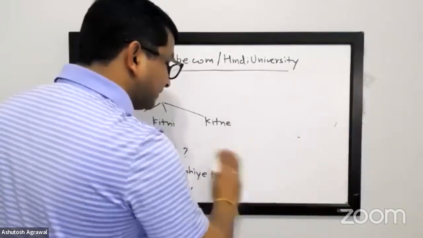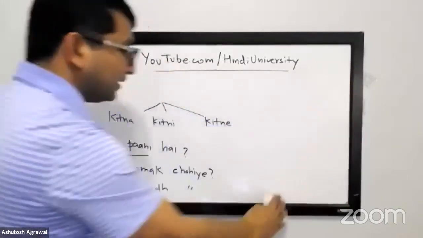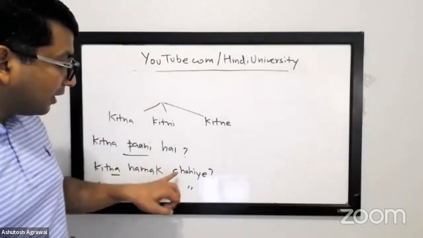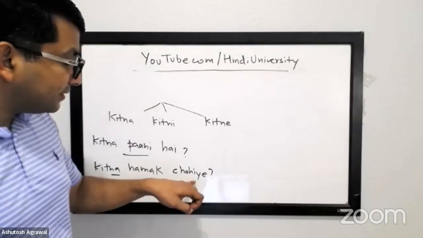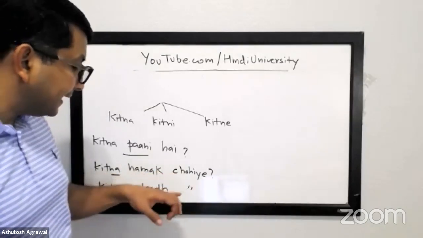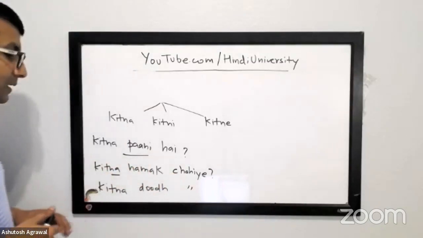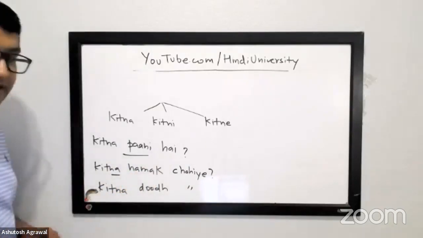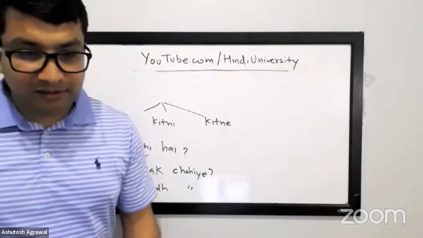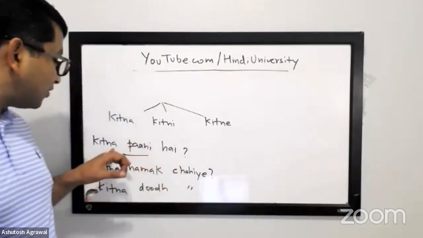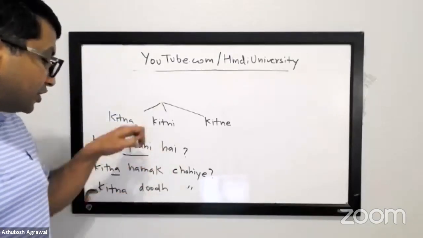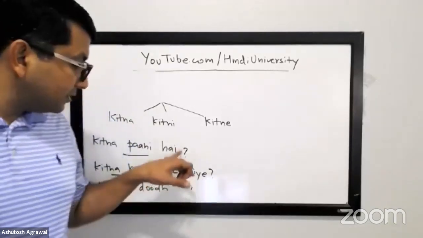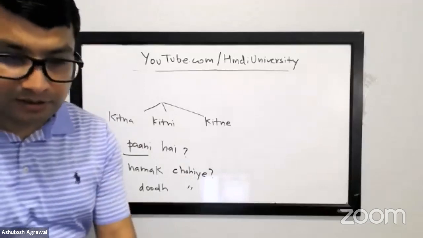You can type it. You can keep it simple. As I said, initially, what can trouble the beginners is if you're changing the ending. That's why I was trying to keep it constant. Kitna pani hai, kitna namak hai, kitna doodh hai, right? How much milk is there, right? So at least kitna is constant, hai is constant. Only thing you're changing is the thing in between. Once you're comfortable with that, then you can change the ending, right?